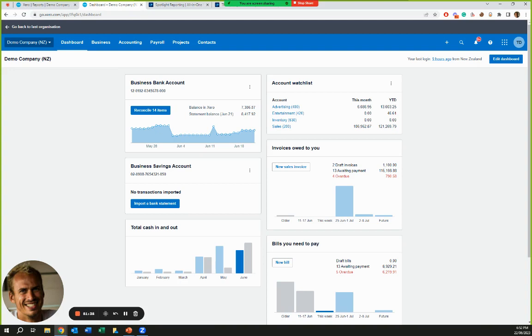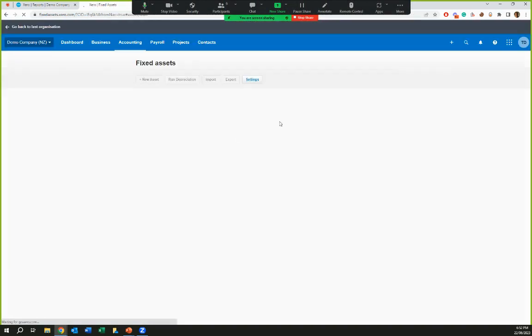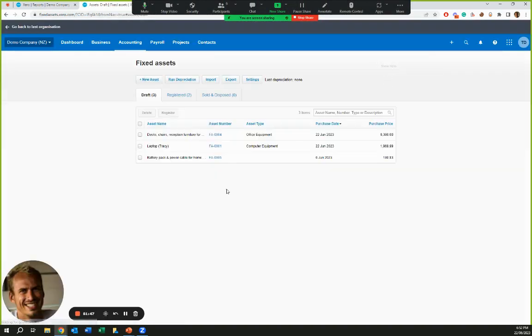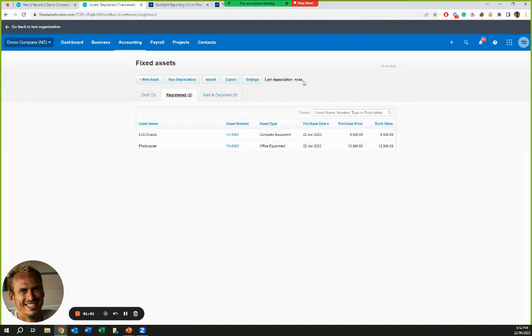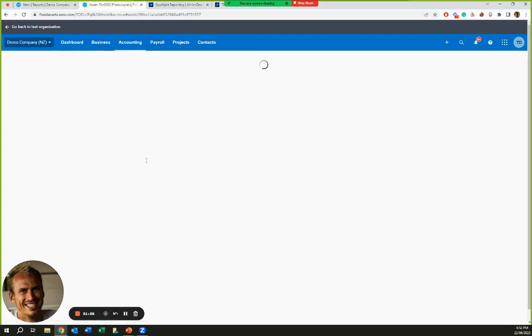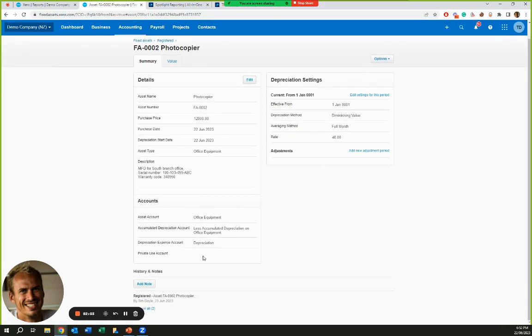Can fixed assets be managed? Yes, absolutely. Good question, Terry. We haven't covered that. So fixed assets, there's full functionality here in Xero. Here's all of your fixed assets register, so you can add them as draft, registered. You've got full functionality in here. So this demo company has a photocopier. We can add the serial number, we can add the receipts to it, the depreciation settings, private use,